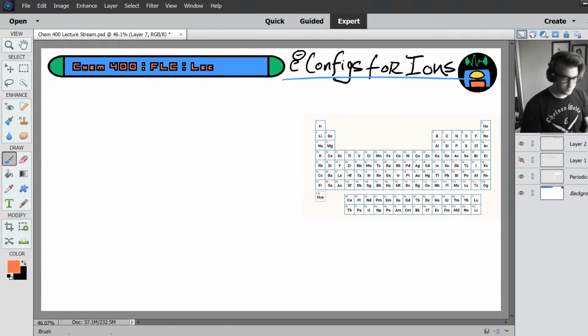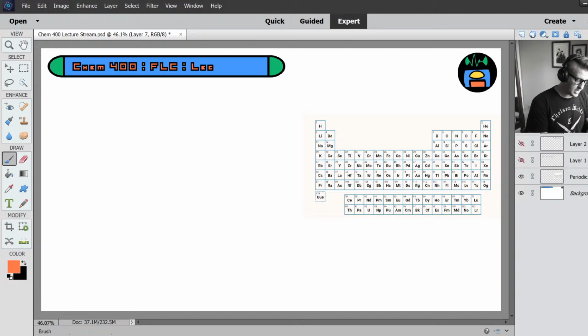All right, now those were ions. We have one last thing to cover, and then you'll be able to handle any and all electron configurations. We need to talk about some anomalies. So let's go ahead and write the electron configuration for chromium. I've been dodging this one on purpose.